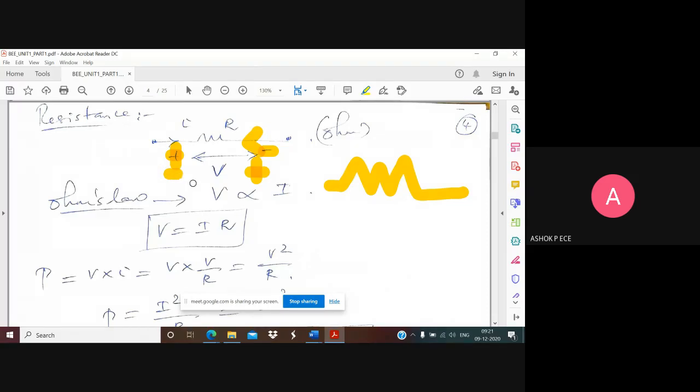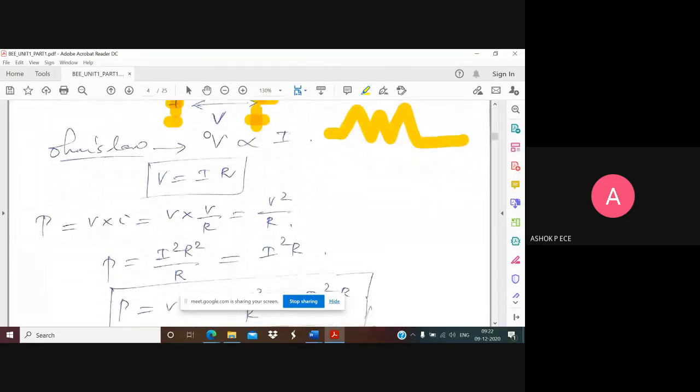Please do not change this convention, because all over the world, in all standard textbooks, we follow only this convention. Remember: in a resistor, the current entering node is always positive, and the leaving node is always negative. Don't think that current will enter only this way. Current can enter the other way also. So don't think the left side is plus and the right side is minus. Don't decide the polarity based on your direction. Decide based on the direction of flow of current only.